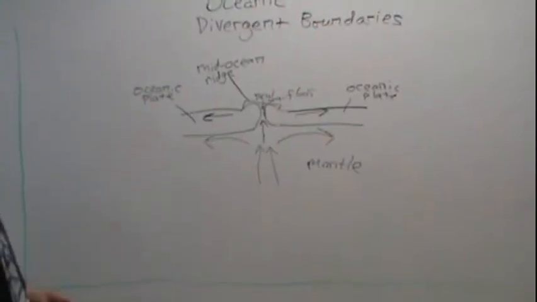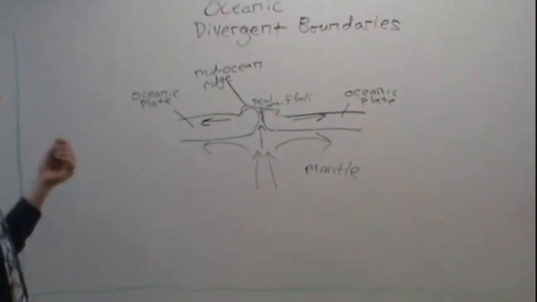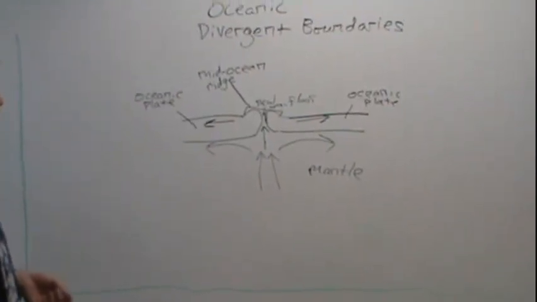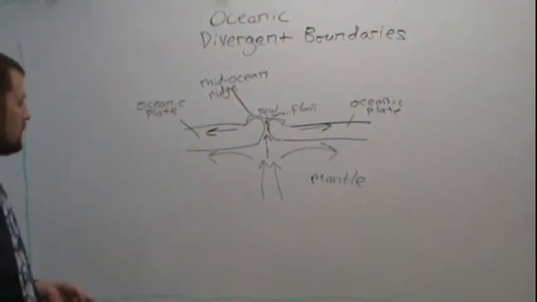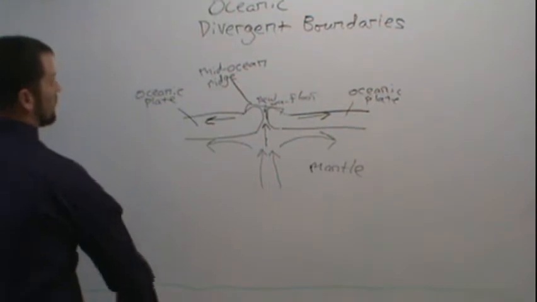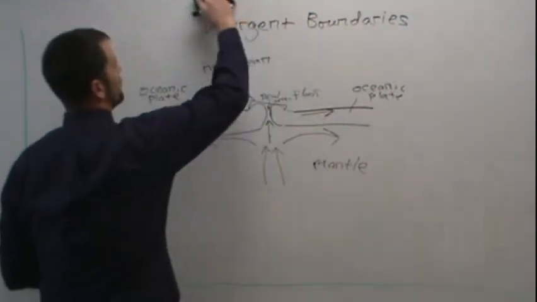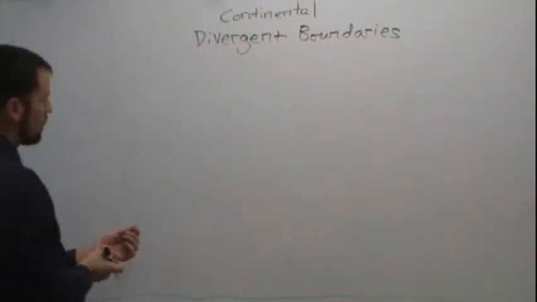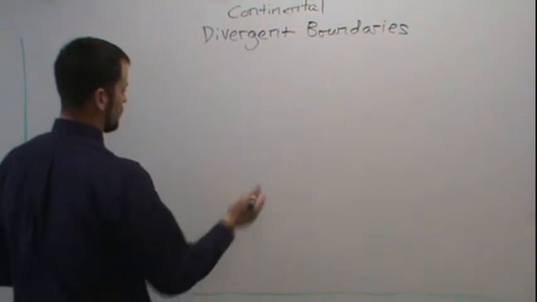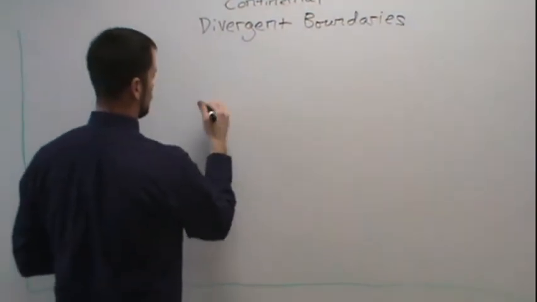We talked about this before. We've drawn this before. It should be pretty simple at this point. We're going to move on to continental divergent boundaries, which is a little bit more complicated. And so let's take it step by step. Our continental divergent boundaries. Okay, so we have the continent,